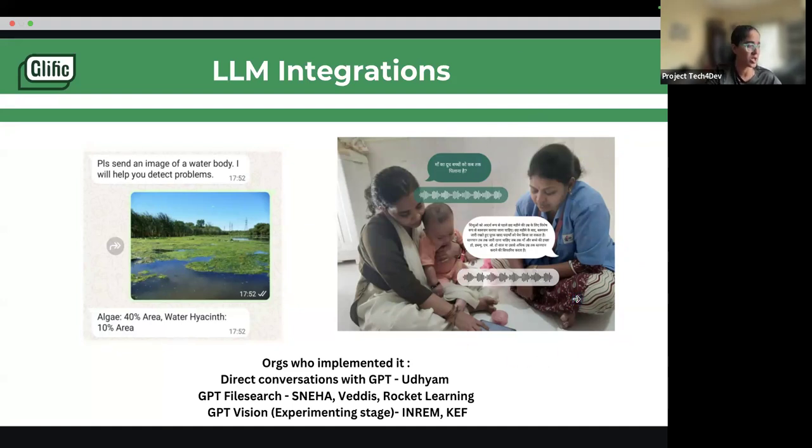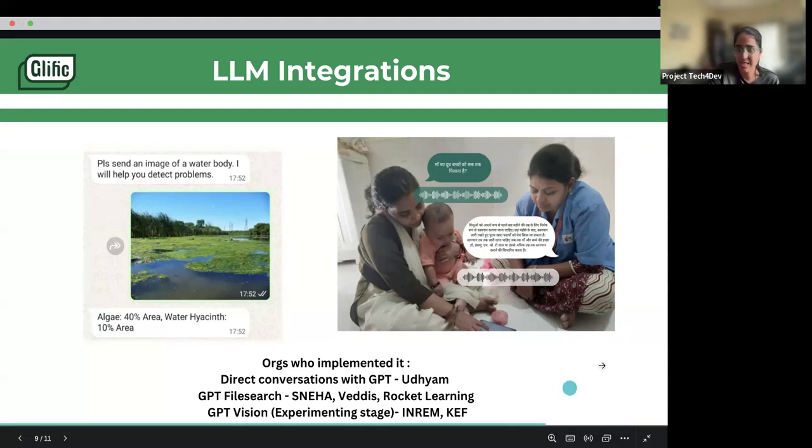So Sneha is an organization which works with mothers on sharing the importance of immunization. If mothers have any questions on immunization, Sneha has built a knowledge base from different websites. Mothers can ask the question in natural language, as audio or as text. That audio or text is understood and checked against the knowledge base, and the reply can come again as text or a voice note. This way you can use the power of GPT to give them a personalized response in their natural language.